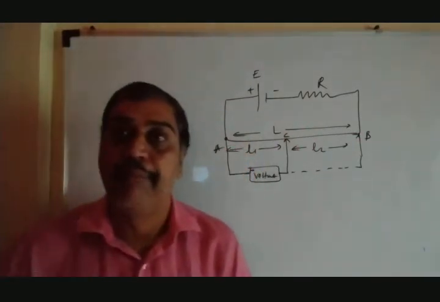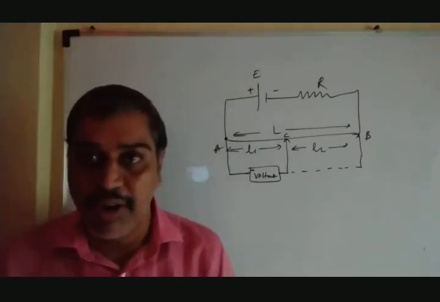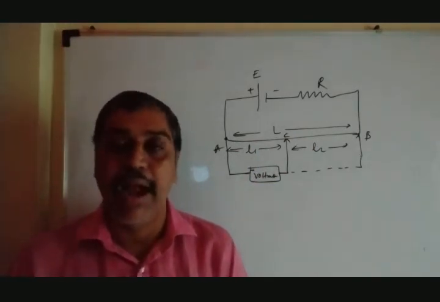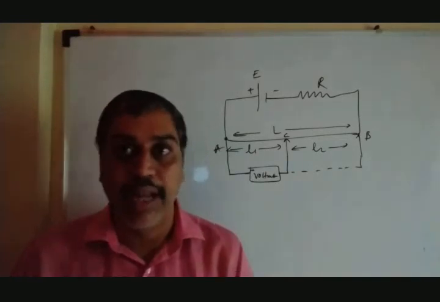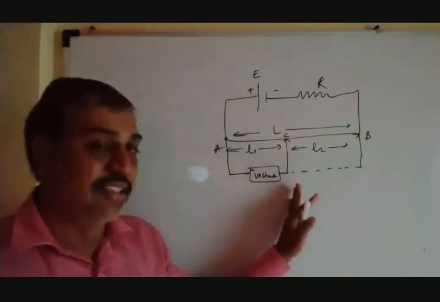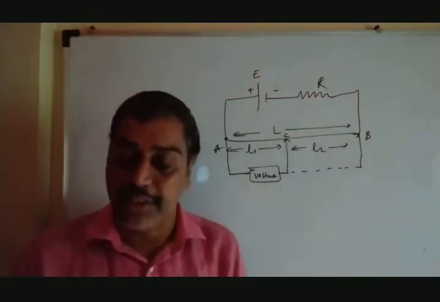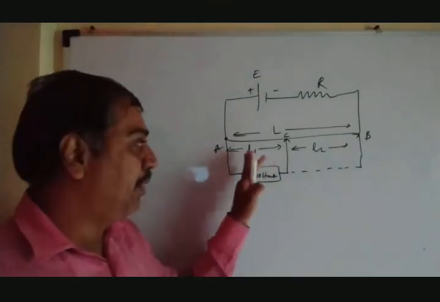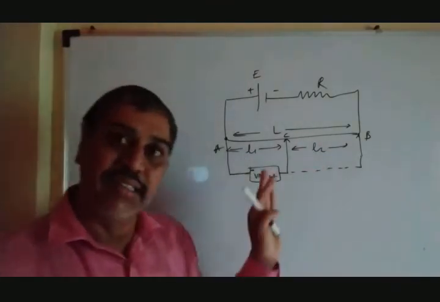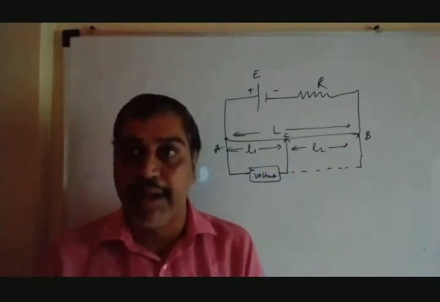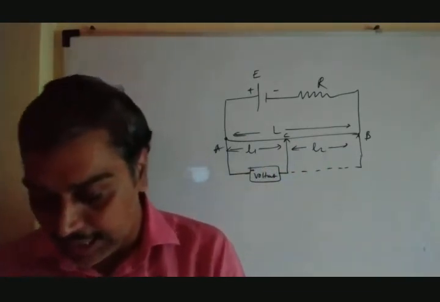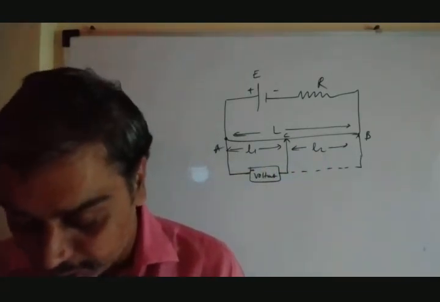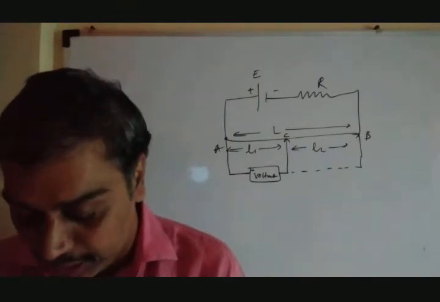And the principle on which a potentiometer works is what? The voltage drop across any part of the wire is directly proportional to the length of the wire. That's why this arrangement is said to be a voltage divider. The total voltage can be divided into 2 segments here. In the same way, it can be divided into 5 segments, 10 segments, and so on. And that is one of the first applications of the potentiometer.